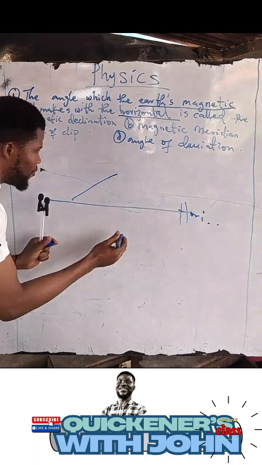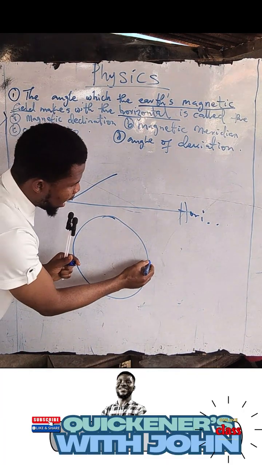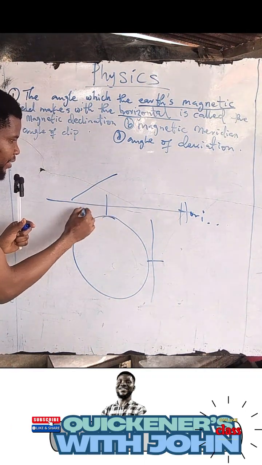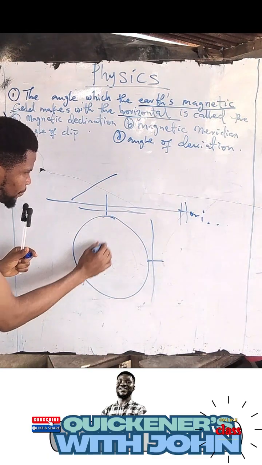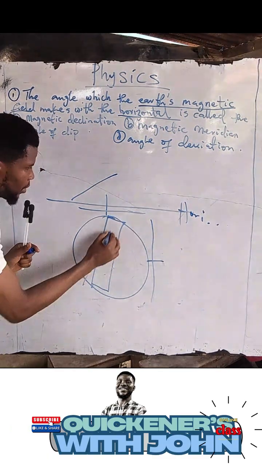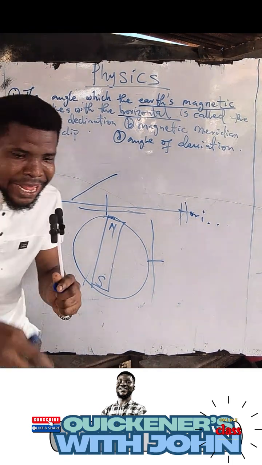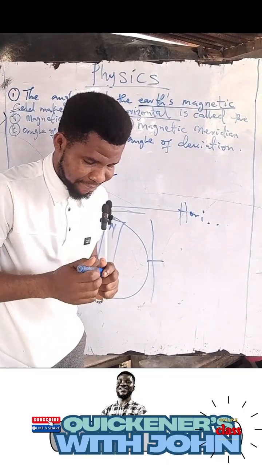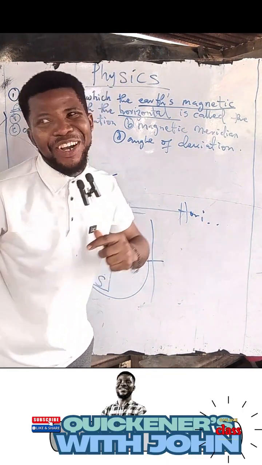So let's draw a diagram of the earth. Let's assume that this is the earth. If you are here on the earth, this is your horizontal. If you are here on the earth, this is your horizontal. And this is the Earth's magnetic field, north and south pole. Are you with me now? So if you carry a needle,